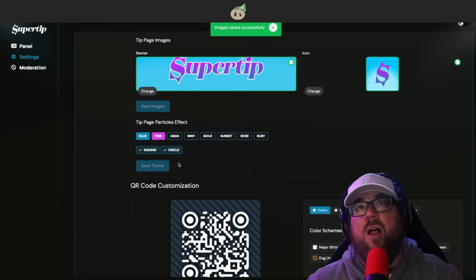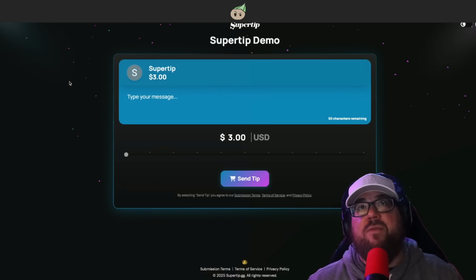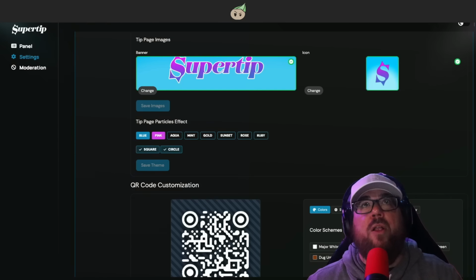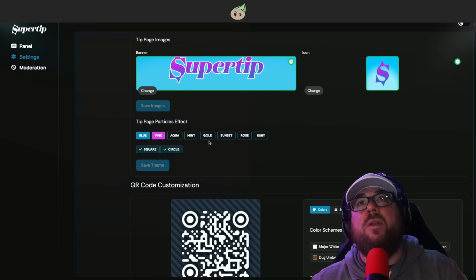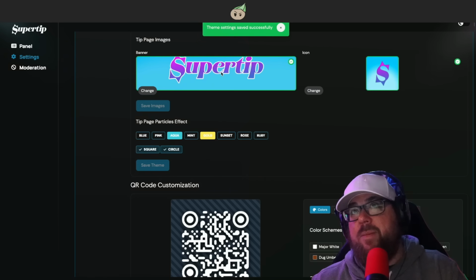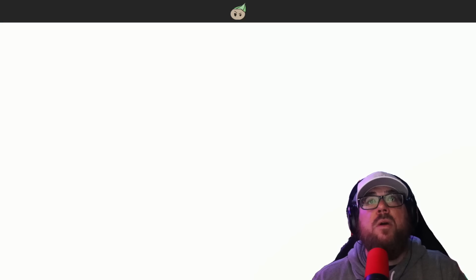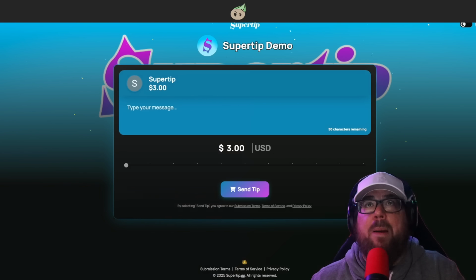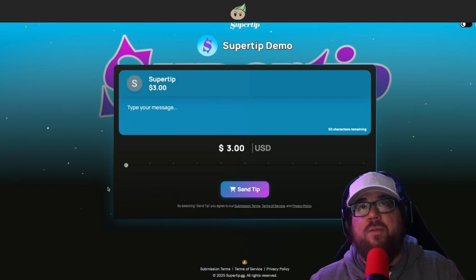And then you can customize the colors and shapes you want for your tip page particle effects. What that means is basically this confetti in the background. You can control what colors you want that to be. You can control what shape you want that to be. So let's say I want some gold and aqua. Save that theme. And now that I've uploaded images and saved those and customized what color I want that confetti to be, if I reload this page, boom. Now my background's there, my logo for my show is there, and I have aqua and gold confetti on this